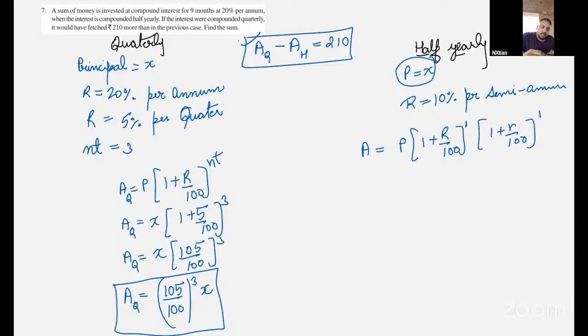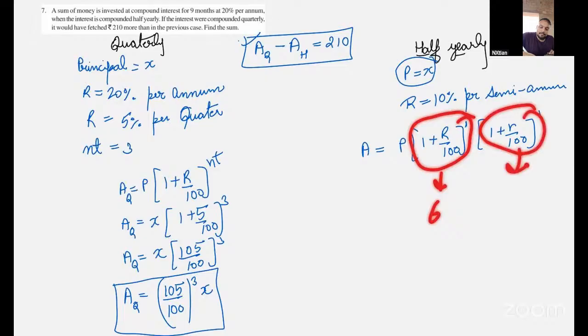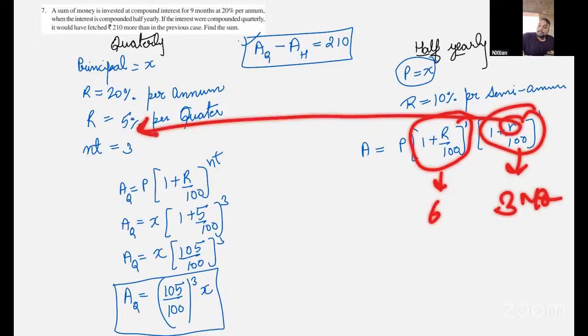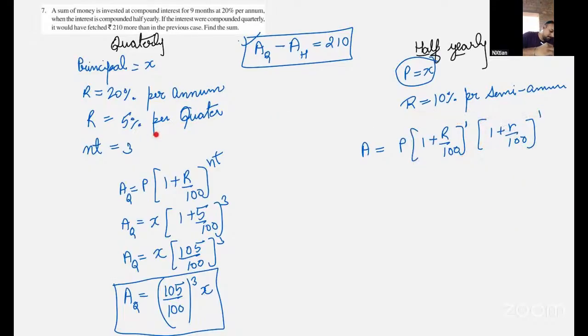Okay, why did I write 2 here? Because this is for the 6 months and this is for the 3 months. In that 3 months, the rate will become 5%. Got it, Christiana? So the amount is equal to P, that is X, into 1 plus 10 upon 100, into 1 plus 5